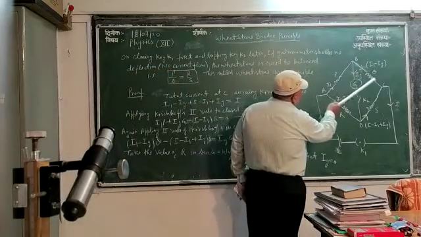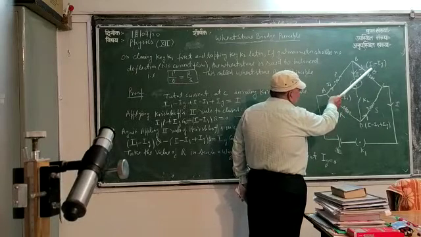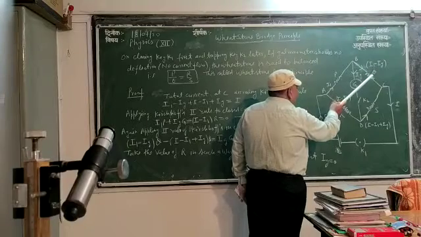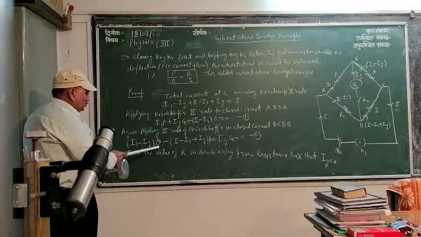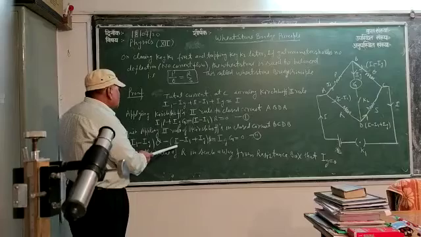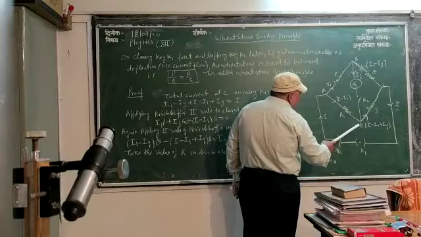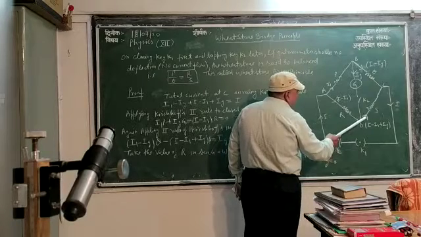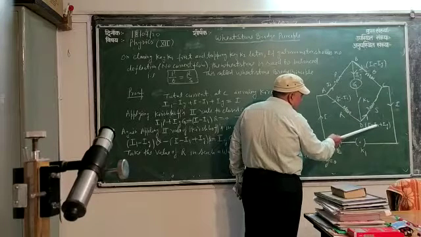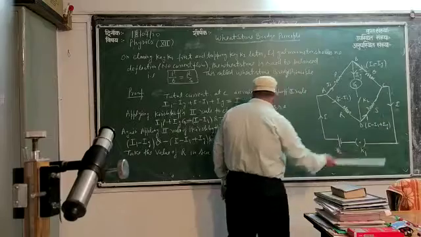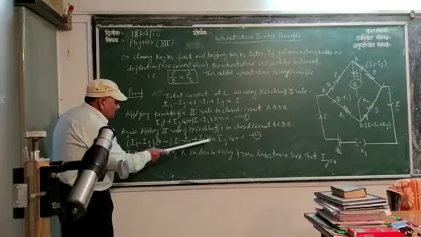Here we are going from B to C, in the direction of current. So the product of current and resistance, that is Q, will be taken as positive. So here it is (I minus Ig) into Q, taken as positive. Then at C, we are going towards D, in the opposite direction of current. So the product of resistance S and this current (I minus I1 plus Ig) will be taken as negative, that is minus (I minus I1 plus Ig) into S.